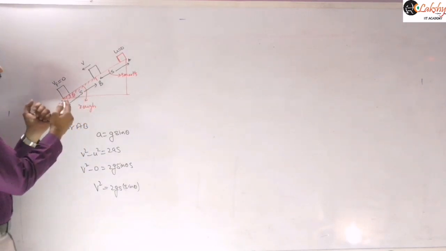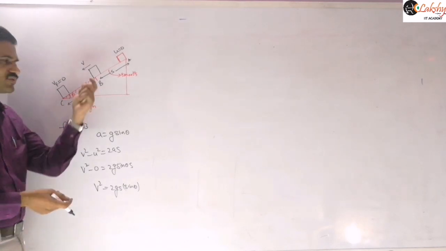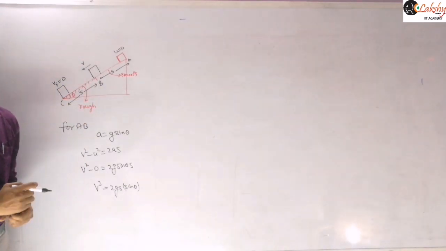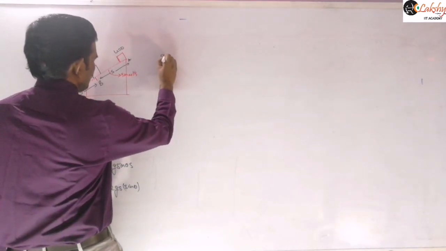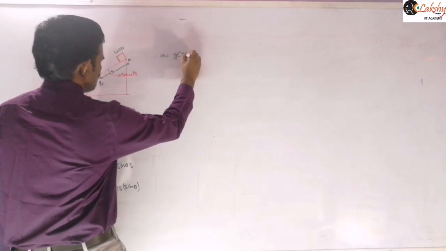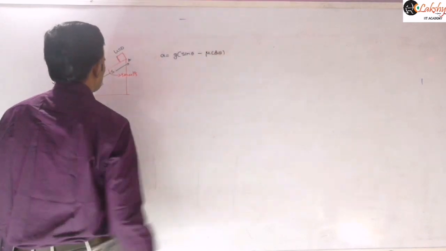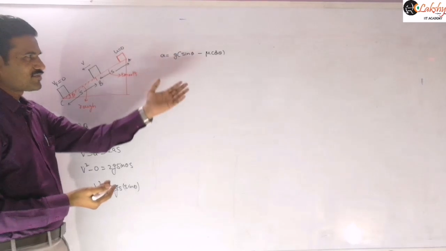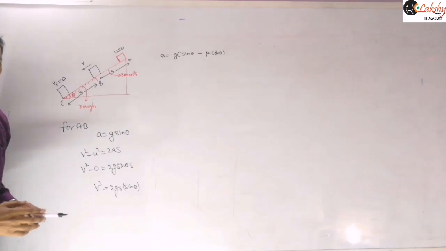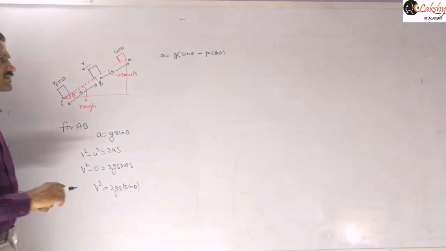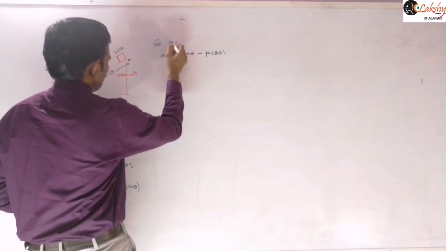Next, once the body starts moving onto this inclined plane, we take the size of the block as negligible, so we can consider that it suddenly enters the rough inclined plane. Once it enters the rough inclined plane, the acceleration of the object we can write as g of sin theta minus mu cos theta, because we already discussed this in previous classes. Then the block will start moving down with that acceleration. This is for the BC part.